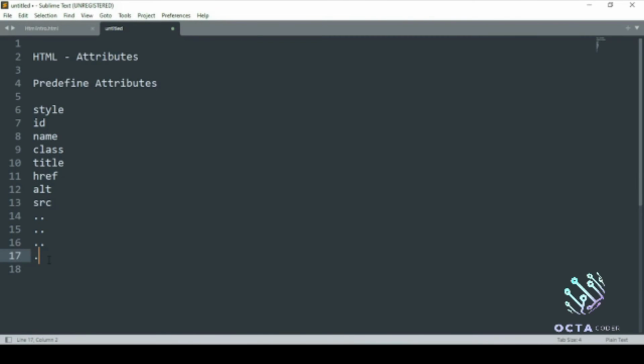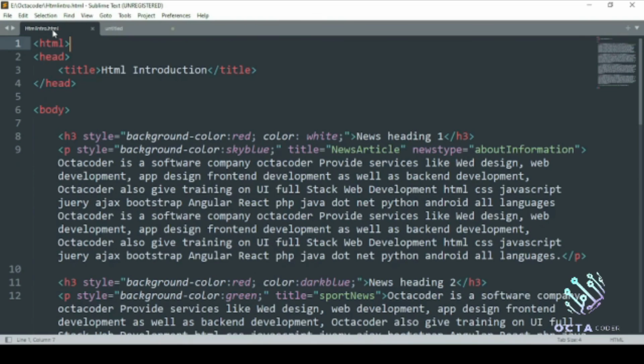So OctaCoder's main focus is on practical, not on definitions. You can read all the documentation on websites on Google, you can search for it. There are a lot of websites for more information theoretically, but our main focus is practical. How to use style, how to use ID, when to use name, class, title, all of this we will learn one